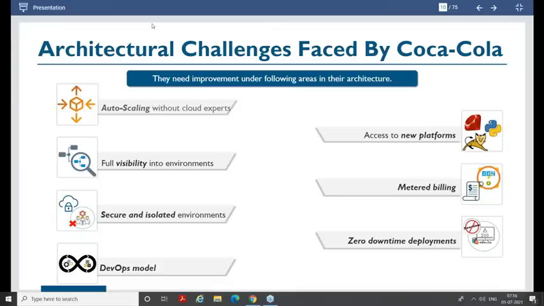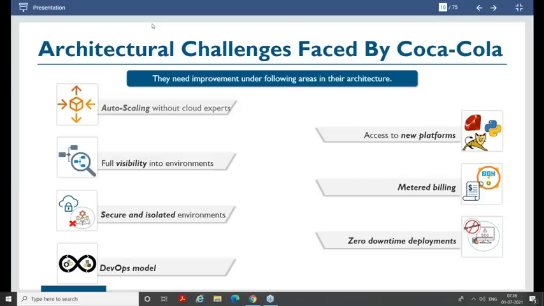Because it wanted scalability, new platform support, full visibility to environment, metered billing, a secure and isolated environment, a zero downtime deployment model, and a DevOps model. So all of this was the ask from Coca-Cola.